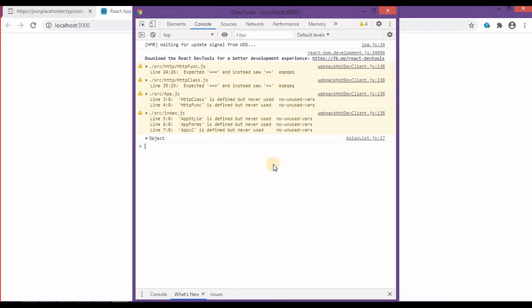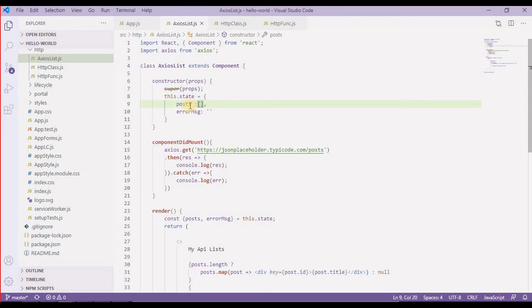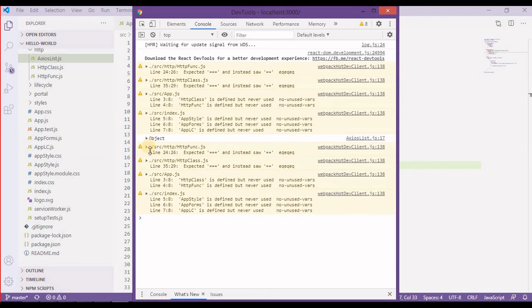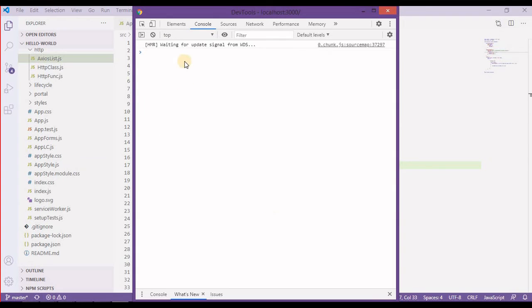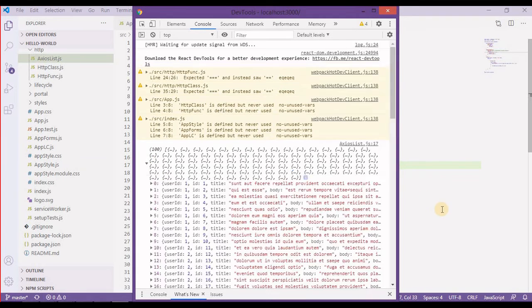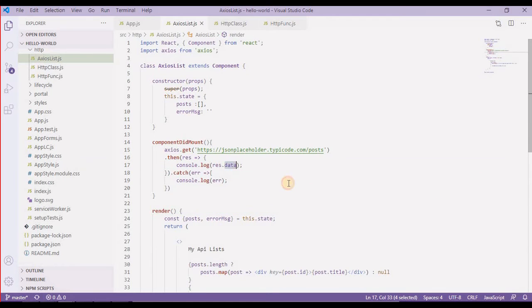I guess the data will be, it should be response.data, as we are using Axios. Alright, so again let me check the console.